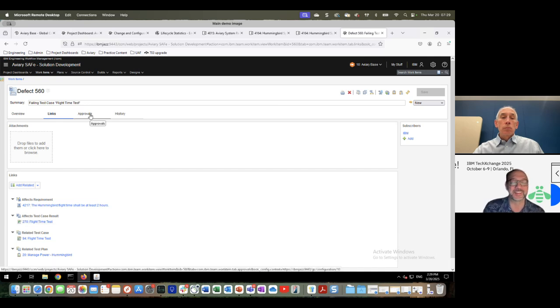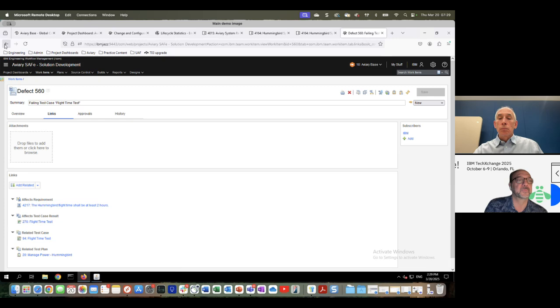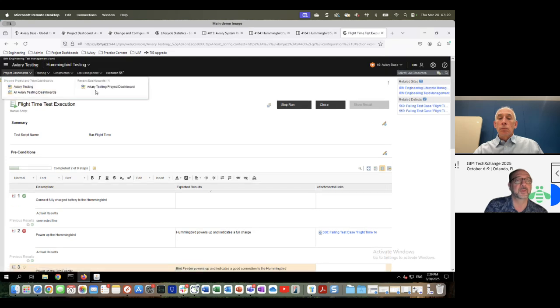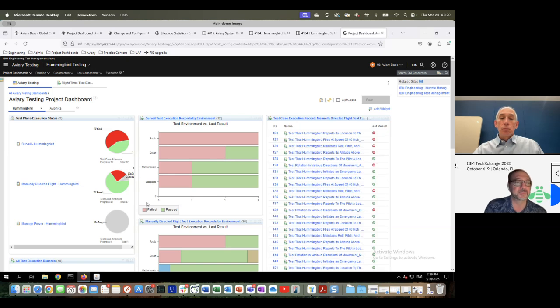And then we can start assigning that to people to look at and understand how to fix that defect and then retest. Right? So on top of all of that, we started with some of these dashboarding capabilities, which give us visibility. Let me go back here. I want to go back to a couple areas. On the testing dashboard, we can see the status of the tests, pass and fail, very easily,